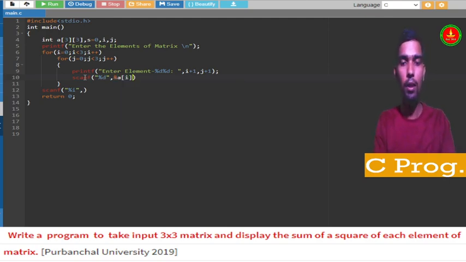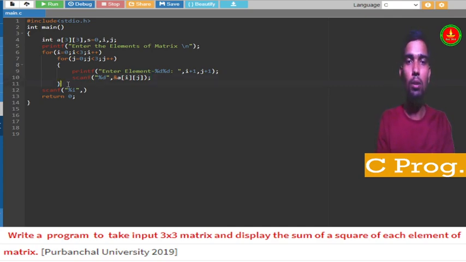It will read the first row's elements, then the second row's, then the third row's, like that. So the reading part has been done.